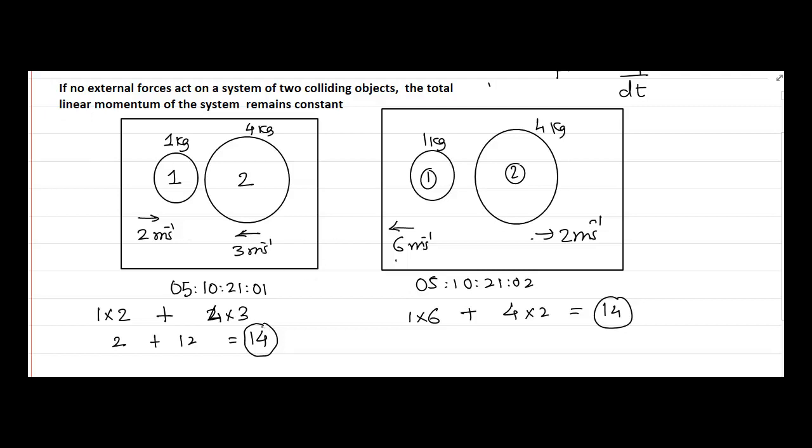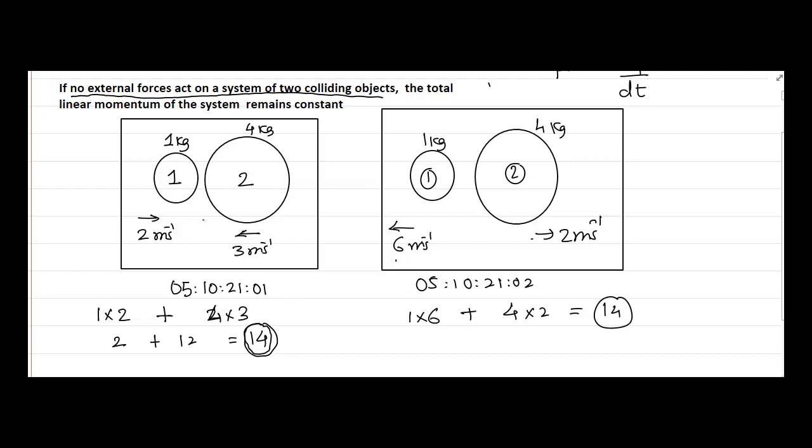So this is what happens based on the law of conservation of momentum: the total momentum of the system, 14, remains constant when no external force acts on it. This is the most important part of the law. When no external force acts on a system of two colliding objects, the total linear momentum of the system remains